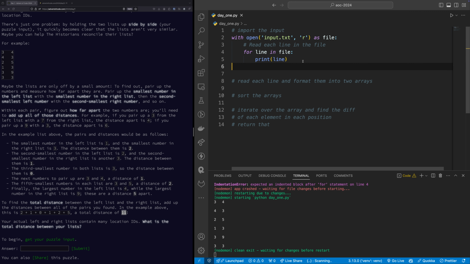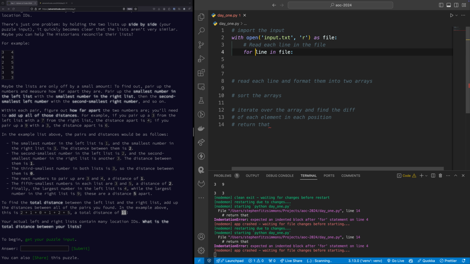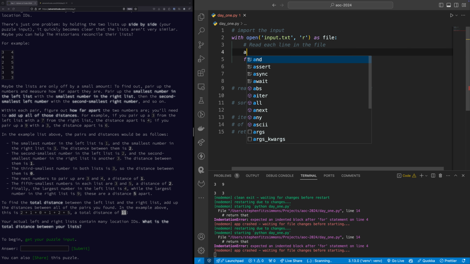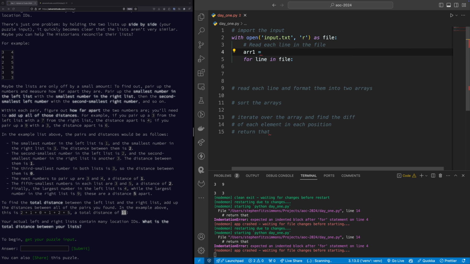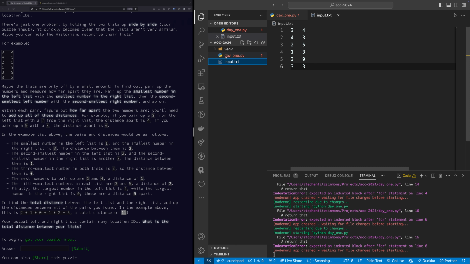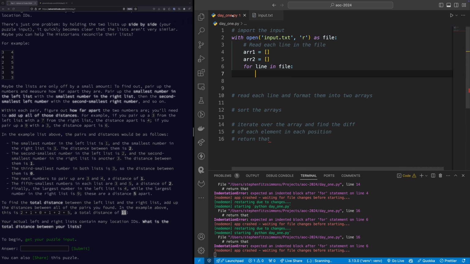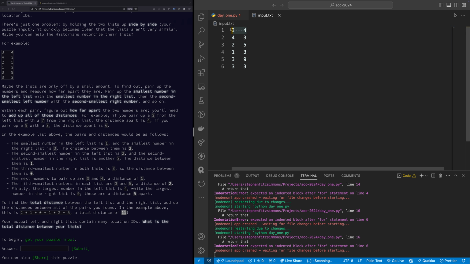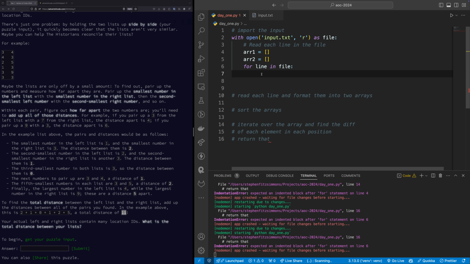Okay. But instead of printing the whole line, what we want to do is organize these into two arrays. So let's say array 1 is equal to that, and then we'll declare another one, array 2. And so for each line in a file, instead of grabbing the whole entire line, since these are just strings, right? We can just string splice it here. So we can say line